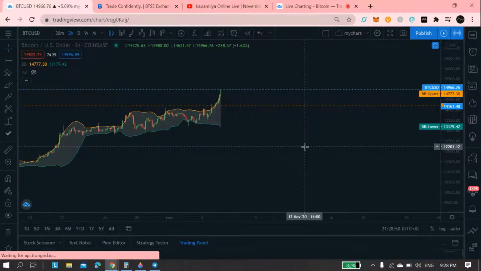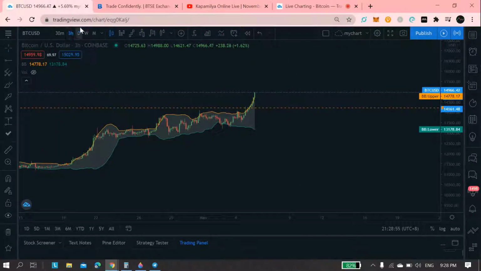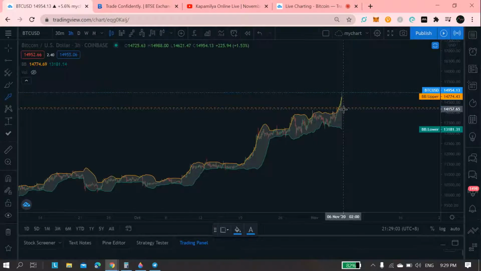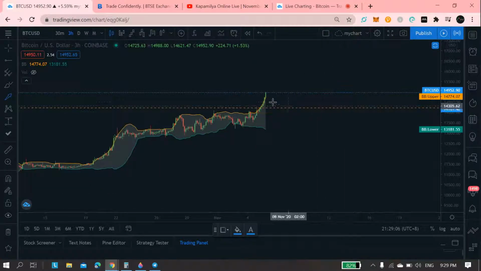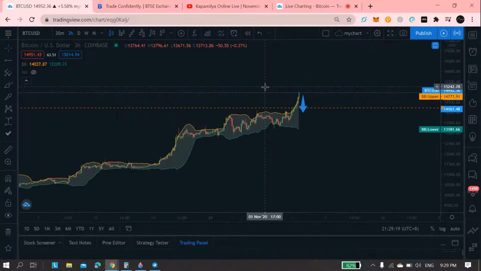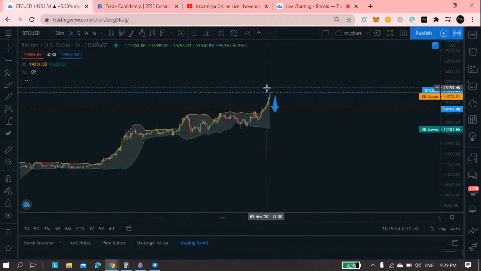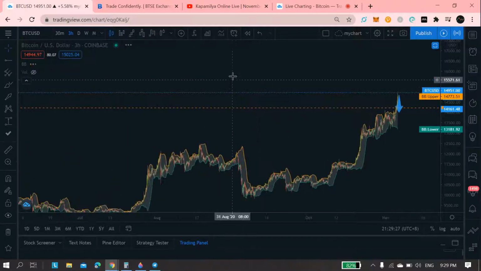So currently, we're already outside the Bollinger Band using the 3 hours time frame, so I'm expecting a possible pullback. But currently I still have a position, a long position, and my TP is around the 15,000 area. So I think it can go outside this Bollinger Band. So anyway, now let's move on to